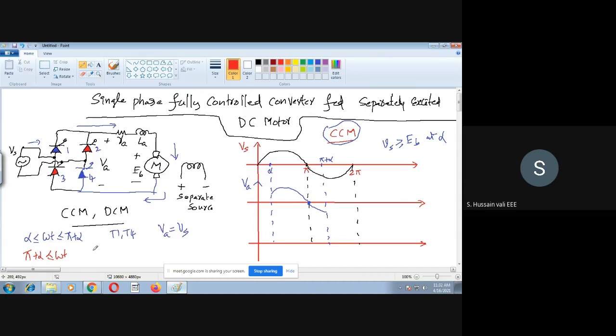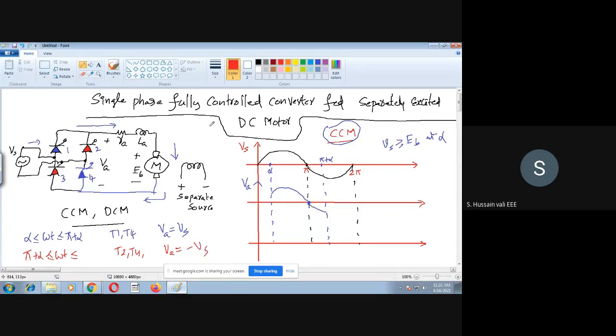Less than or equal to omega t, we'll put this here, till which time we will add later. Now the thyristors conducting are T2 and T3. When any two thyristors are conducting, you can see for yourself, VA is equal to VS, or rather, I will better write it a different way: VA is equal to minus VS.